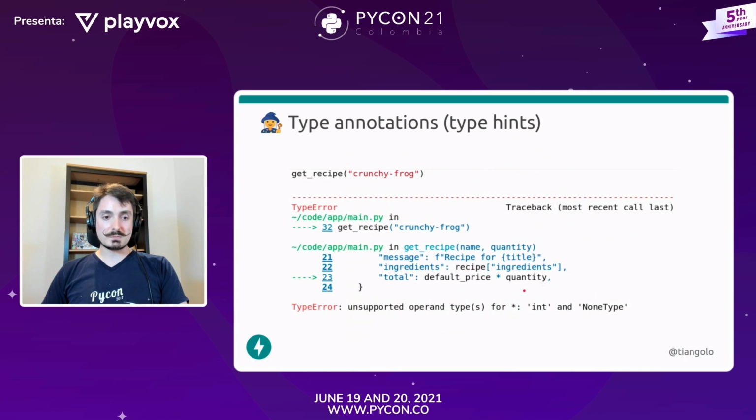And what about that? What's the problem there? So there's an unsupported operand type for this symbol that is multiplying something. We are multiplying an integer with a None. Oh, so this is an integer and this is a None. And this is the error. Finally, we got there. We had to run the code to get that error and to discover a bug in